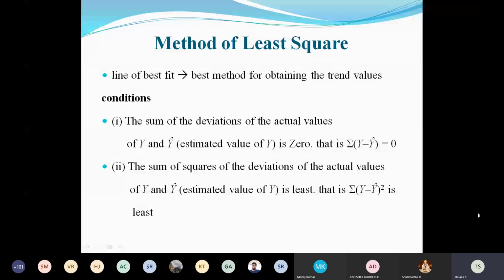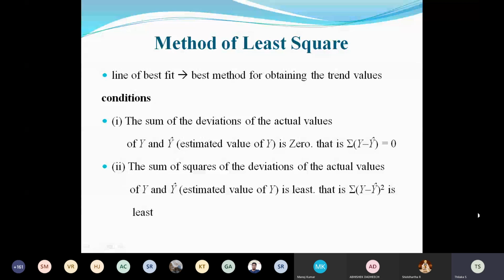Okay. So this least square method is the important method in time series. This method is about how to fit the trend line. We already discussed the line of best fit, that is from the graphical method, from plotting points from the actual original data. We just have the trend line, a straight line, linear line. So that is called the line of best fit.